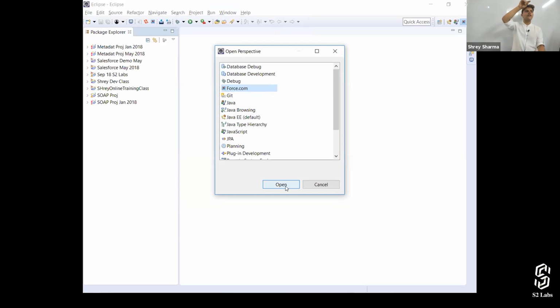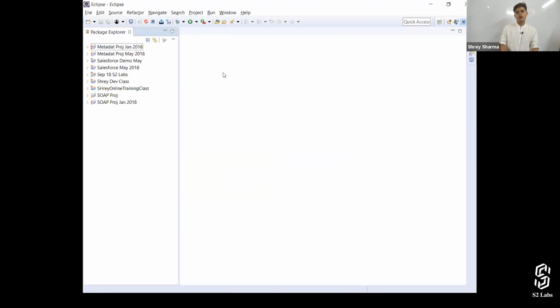Otherwise, if you go to File, New, it will ask you to create a new Java application, Java program, Java class, something like that. So you need to change the perspective of your IDE, which is the Eclipse IDE. Once you set it to Force.com, only then will you be able to get a new Force.com project or a new Apex class. This perspective is already open in my Eclipse.